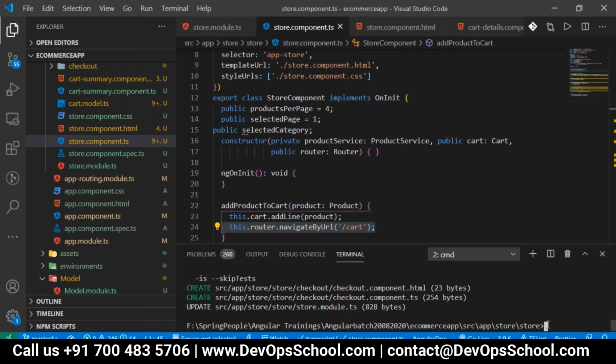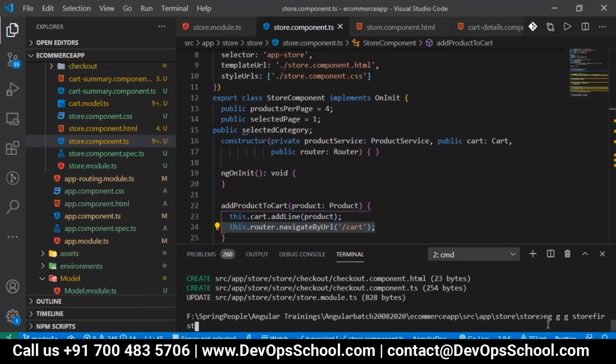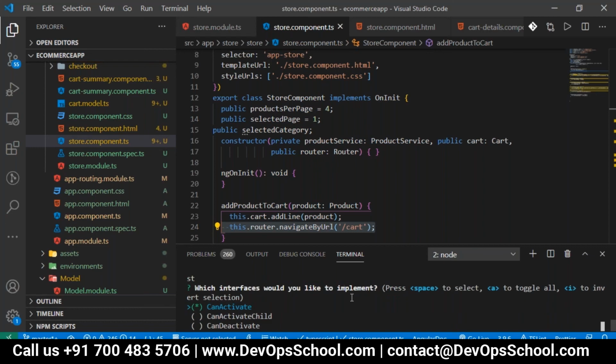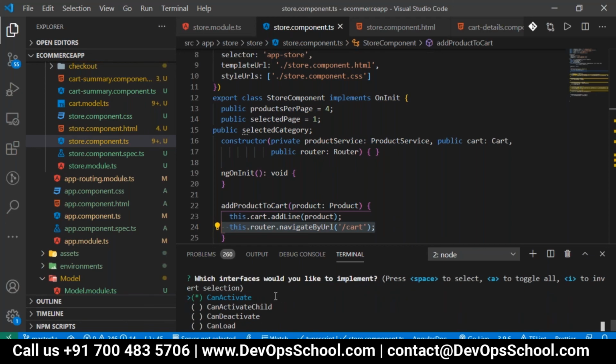Let me run ng g for guard, ng g guard store first. It will ask which method you want. I'm using it for activating a route, so it is canActivate.